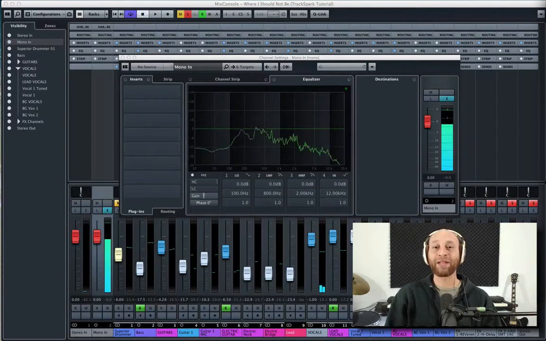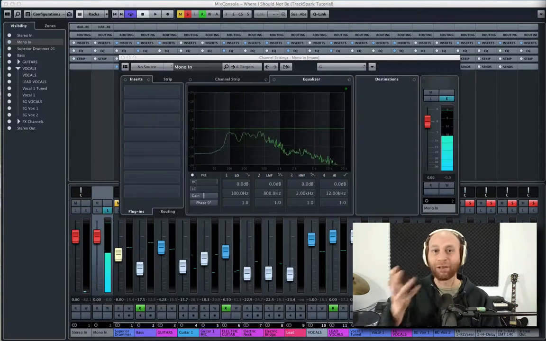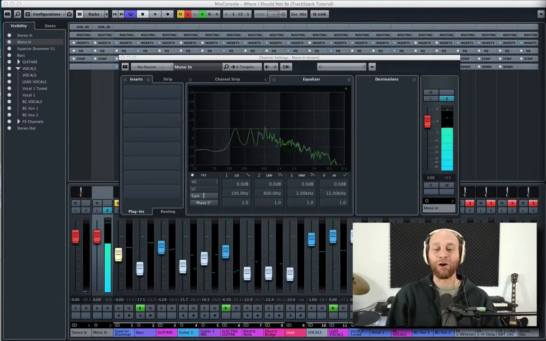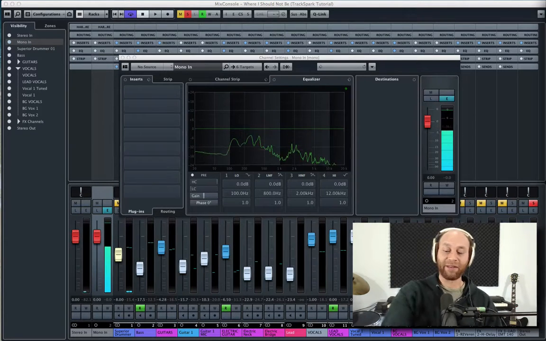Okay, a couple of things I want you to notice. When I solo these vocals, they sound very dull, almost a little muffled, right? And they're also spread left and right. There are two tracks that we're listening to here, spread hard left and hard right. That was the panorama strategy: to get them as far out of the way of the lead vocal as possible. And if you hear that with the lead vocal,